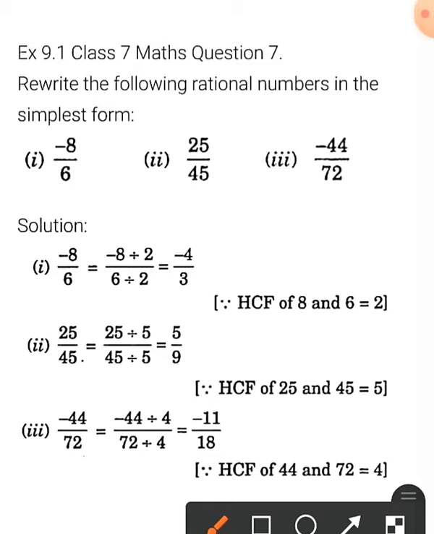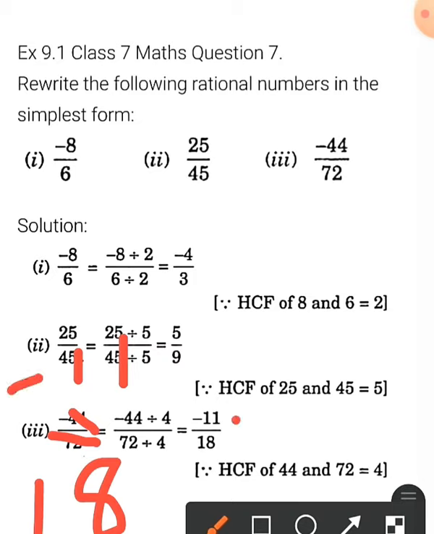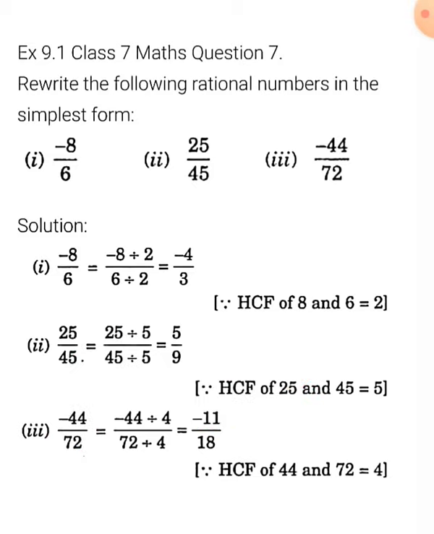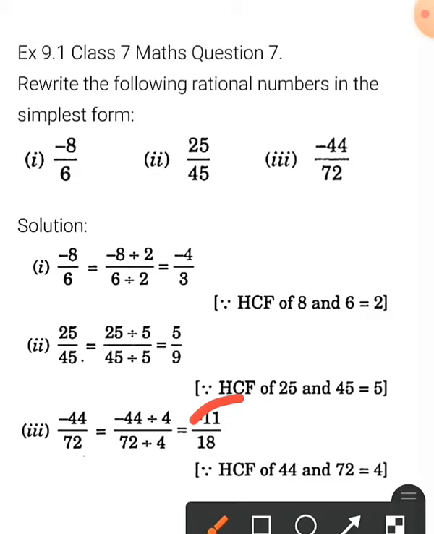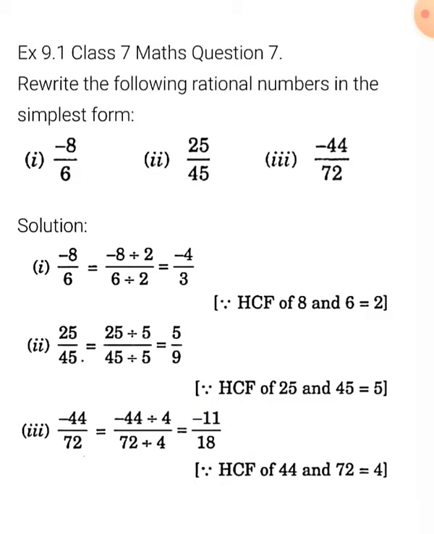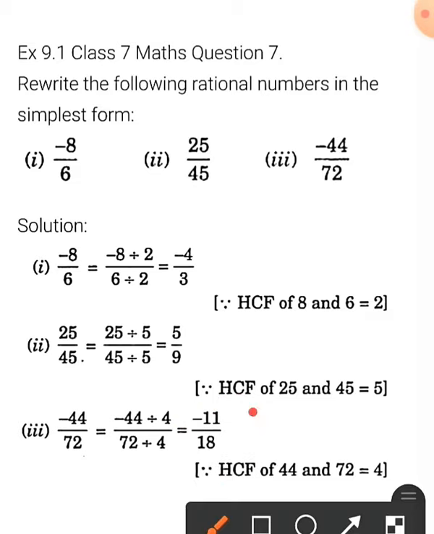So 4 से cancellation करेंगे, ये आपका आ जाएगा 4 18s, और ये जो minus 44 है, 4 11s. Don't forget to put minus. माइनस क्वेश्चन में दिया है, सो कैंसिलेशन करने के बाद जो भी आंसर आएगा उसमें आपको माइनस रखना है, because in the question the negative sign is given. So please don't forget to put the negative sign, otherwise your final answer will be wrong. So minus 11 upon 18 is your final answer.